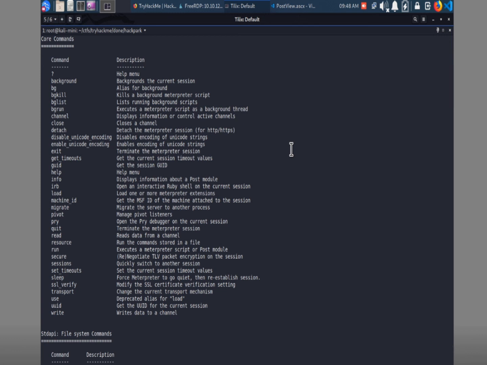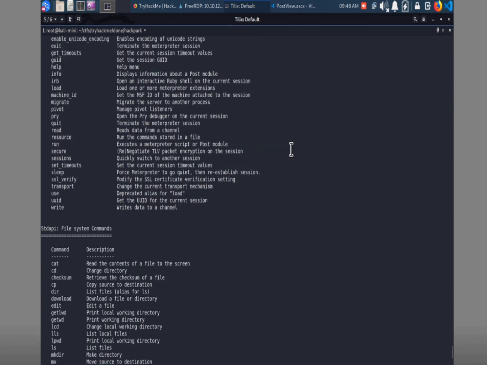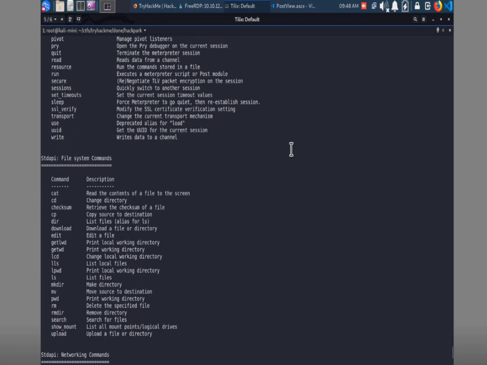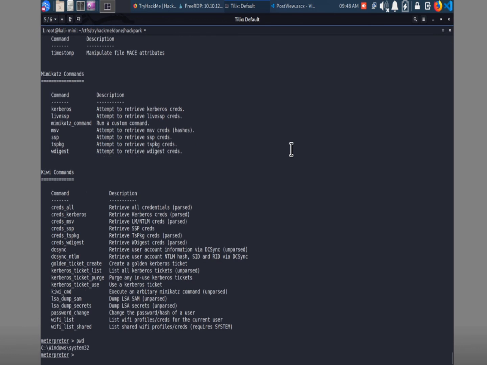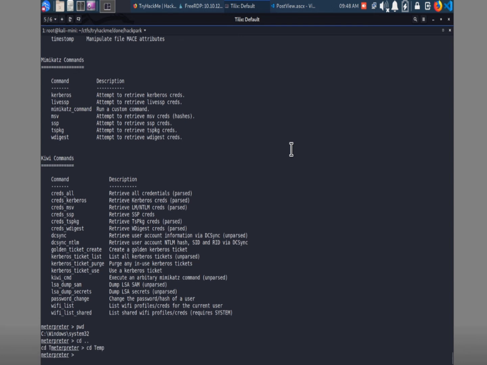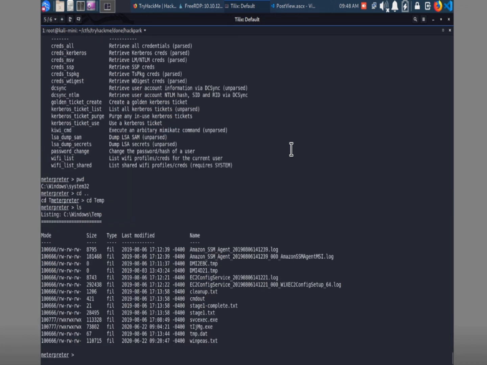Let's see. I think I can just do list local. Oh, all right, so pwd. All right, now we're there. So now we can ls. We'll see that our file's in the temp. Yep, and then we need to download